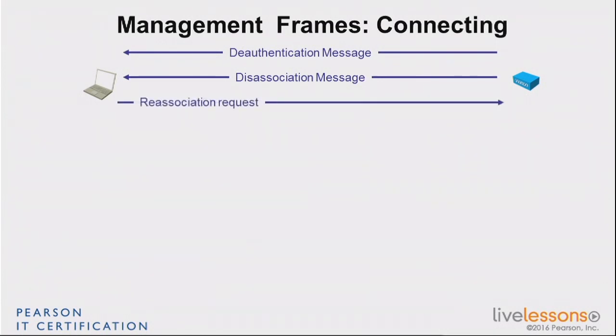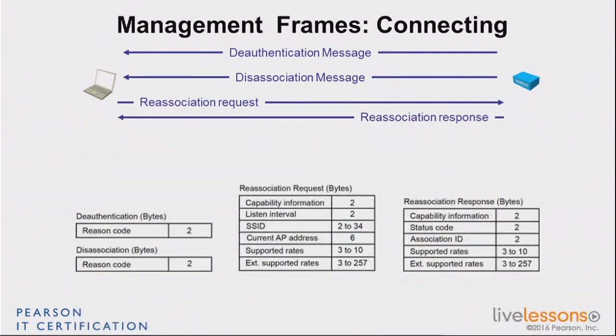And of course, when you're disassociated, you can send a reassociation request when you were there and you're just coming back, to which you receive, of course, a reassociation response. If you look at the frames, the ones which are interesting are the deauthentication and disassociation. Because you see, the only thing you say basically is why. So you're out for that reason. The reassociation request and the reassociation response are exactly like the association request and the association response. The subtype is different, so we know you're coming back, but the structure, the things you exchange, are